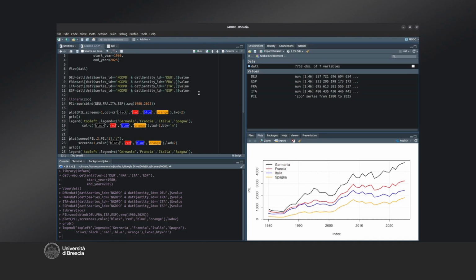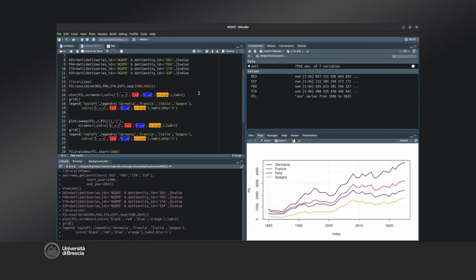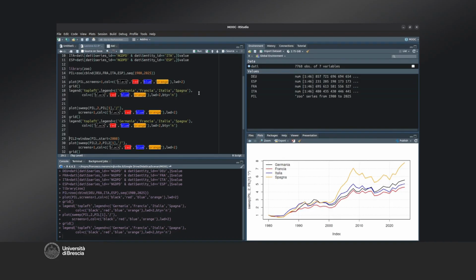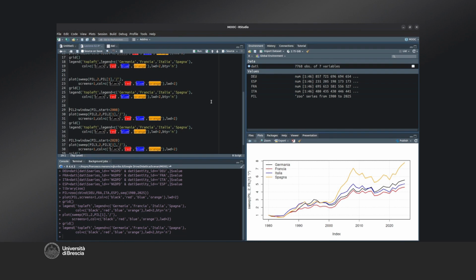To represent all these values starting from value 1, I can use the following command. I'll do the same sequence of values, but instead of indicating the GDP, I'll specify a particular command that transforms the GDP in this way. I'll take the GDP data, across the columns, the second dimension of the matrix. I'll take the first value of the GDP and divide all the remaining values by it. All the values in all the columns are divided by the first value of the GDP. By giving this command, you can see that they all start from 1 and then follow on. This way, you can see that the country that grows the most is Spain.